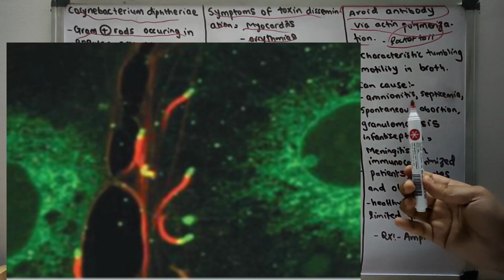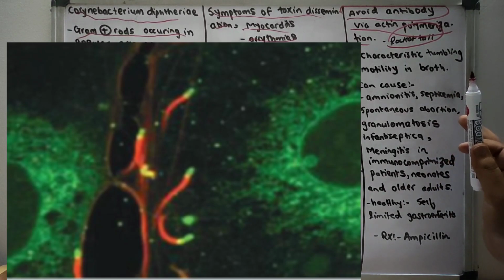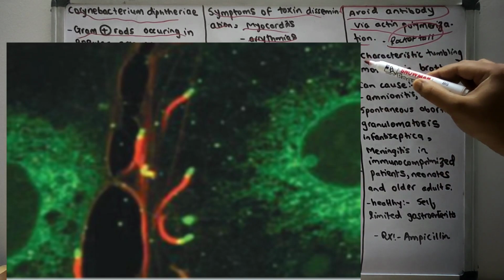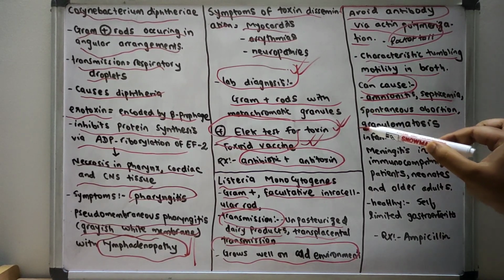There is the formation of the rocket tail via actin polymerization that allows intracellular movement and cell to cell spread across the cell membrane, thereby avoiding the antibodies. And the characteristic tumbling motility is seen in the growth. The various diseases that are caused by the Listeria monocytogenes are amnionitis, septicemia, spontaneous abortion that can occur in the pregnant woman, granulomatosis,